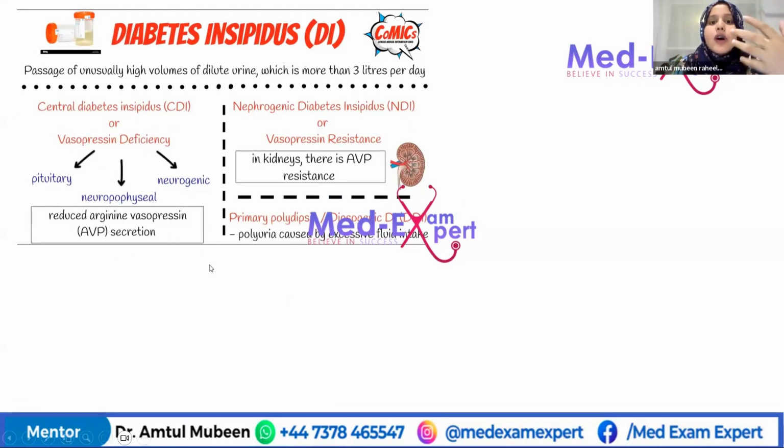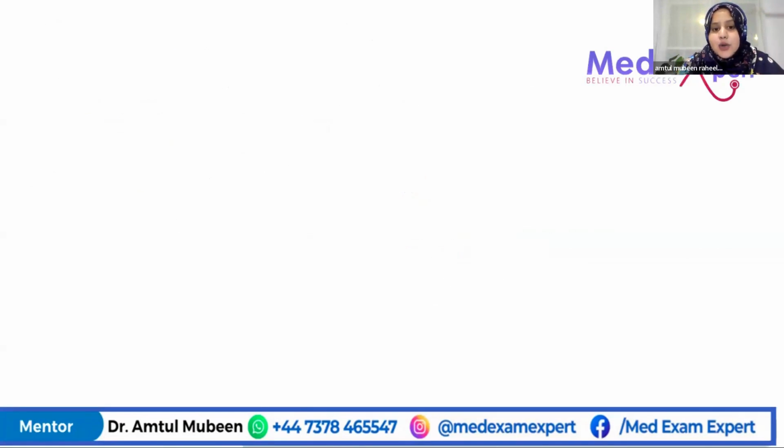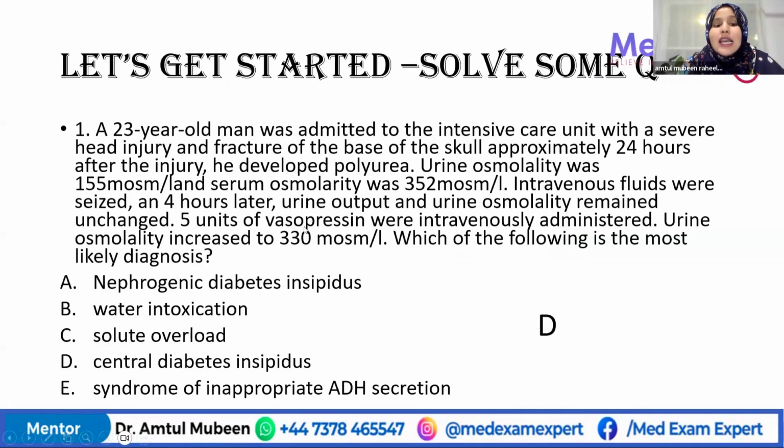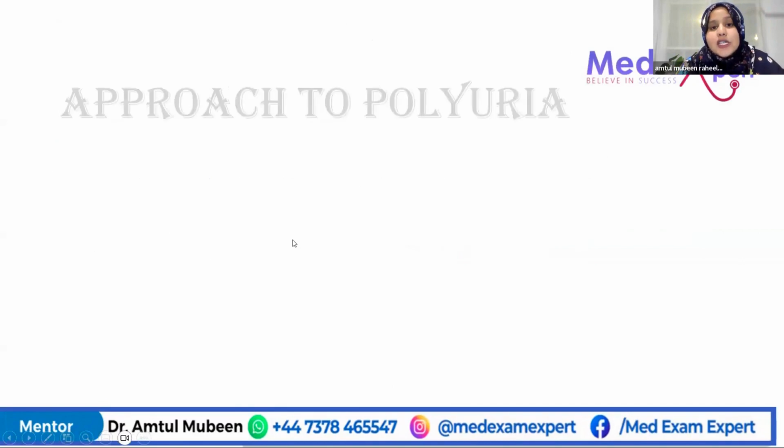So when you give vasopressin or a desmopressin nasal spray, what happens, guys? What deficiency are you filling up? When you fill up the deficiency, the body should now start concentrating the urine. That's what happened in the question. Do you see? The osmolality has increased. So in the first place, what was there?